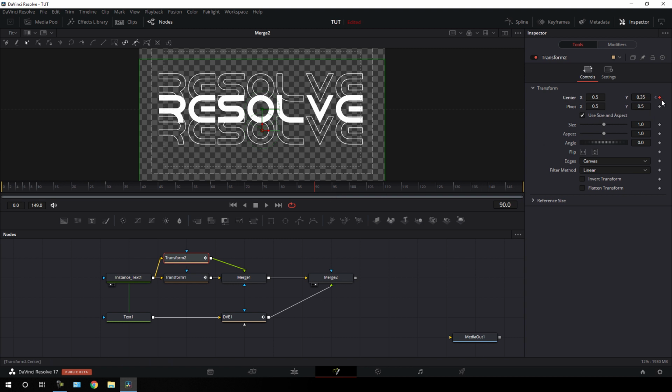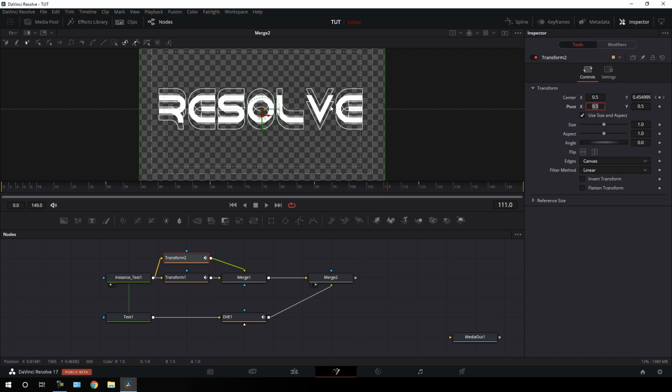Lock this position as it is by clicking on this diamond button and go to frame number 120, which is equal to 4 seconds, and again let's bring this text to the center. Set this value 0.5, and as you can see we have something like this.